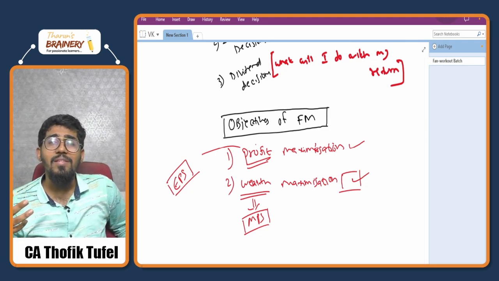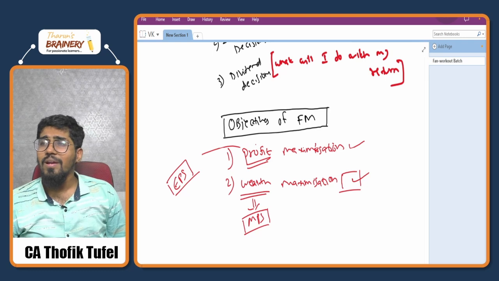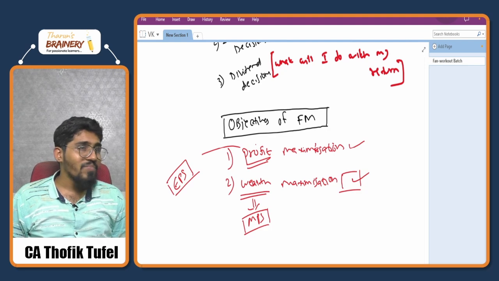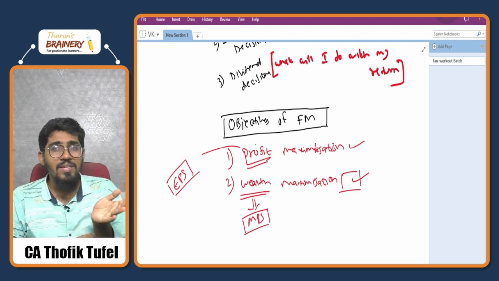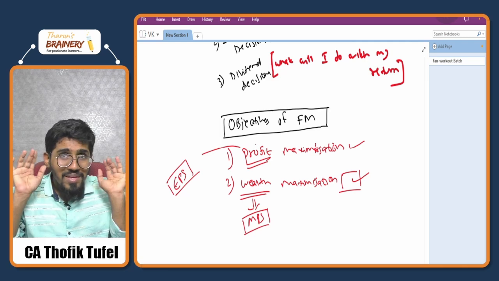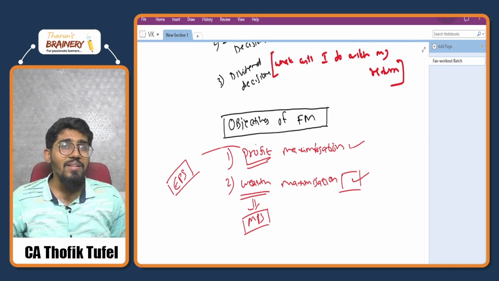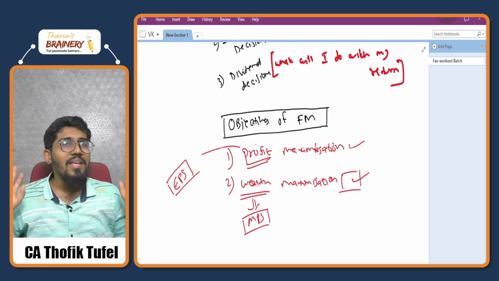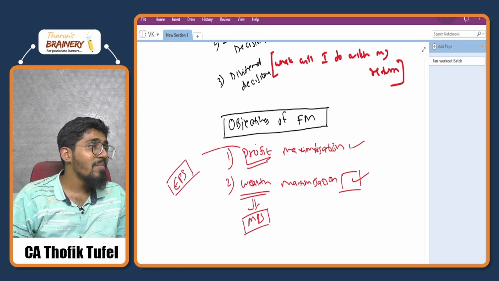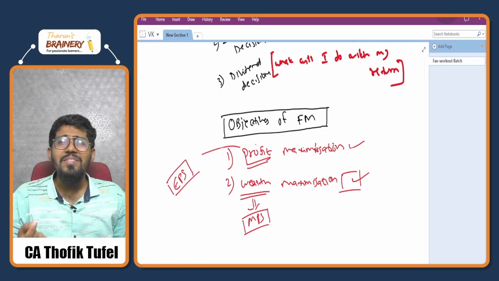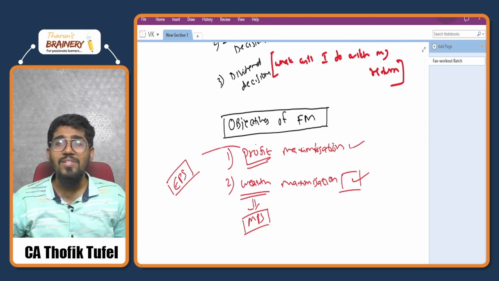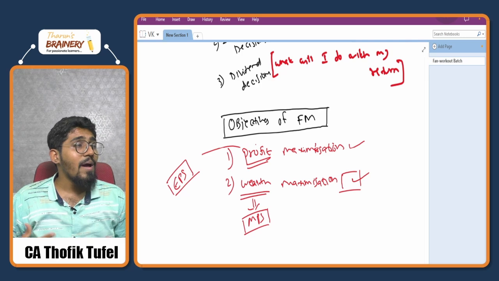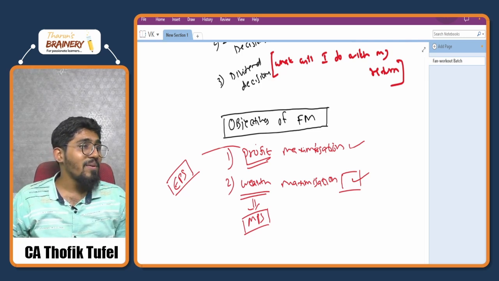Always think that you are like a kid. Even for the smallest of things, a kid will be happy. For example, a 6 month, 5 month, 8 month old kid, when you talk to him, you just make some faces like that and the kid will be laughing. Or you just touch the kid here, the kid will be laughing. He doesn't know what is happening, but he is just feeling happy. Because for him, someone touching is a celebration. Or you just give some small sweet, they will start laughing and enjoying that. So that is a habit we also have to have. That is the reason kids don't have depression, kids don't have anything.